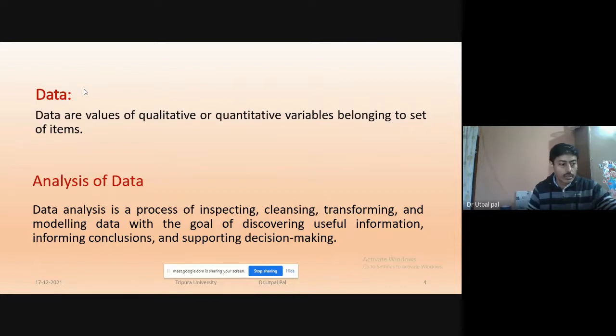Now, a set of items means the population, the set of objects you are interested in. And data analysis is a process of inspecting, cleansing, transforming, and modeling data with the goal of discovering new information, finding new insight, making decisions, or giving conclusions or predictions.